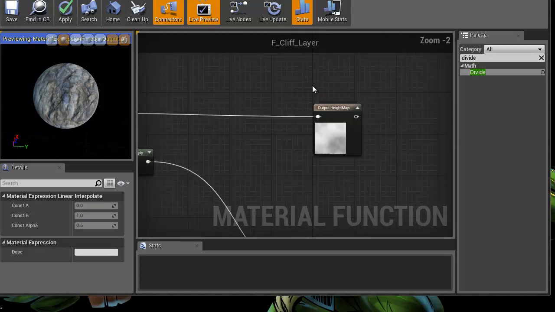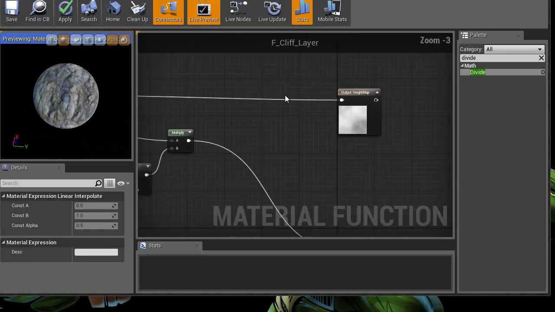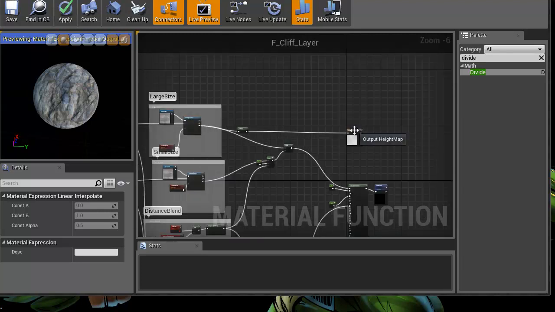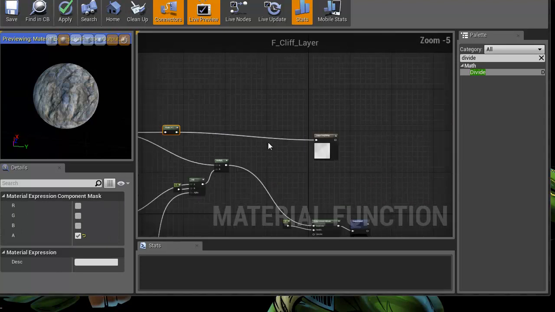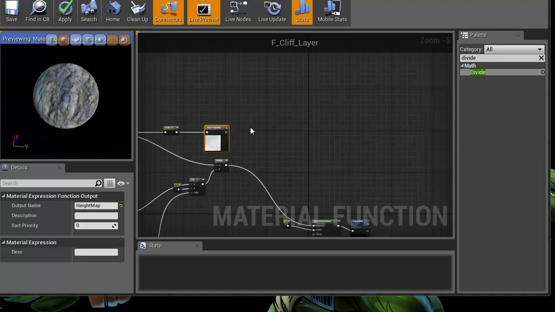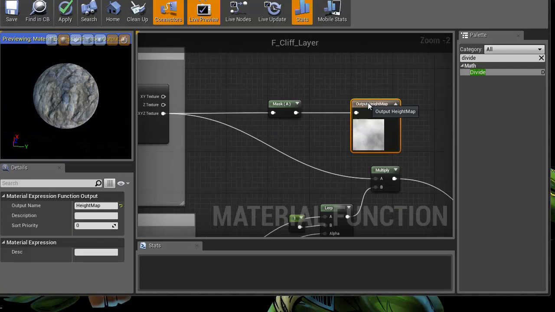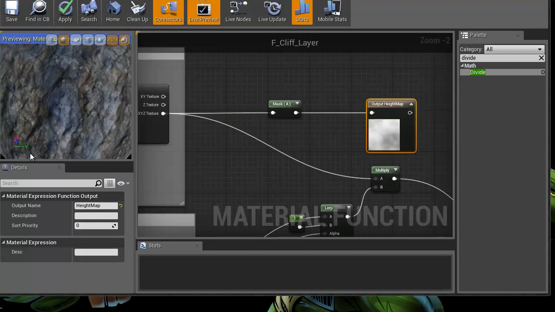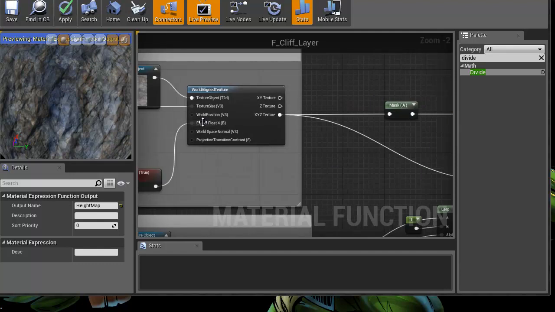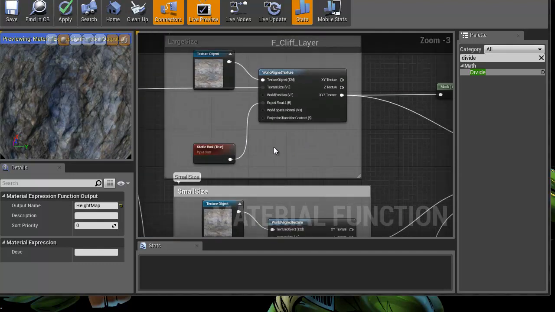So now the height map is going to be used as basically a splatter map. A lot of people call the masks that come out of something like World Machine the global masks, and they call that the splatter map, but I don't consider that the splatter map. For me, a splatter map is the texture that is used to break up the transition area, not the texture that is used to actually control the masking. In our case, the texture that's going to control the masking is going to be